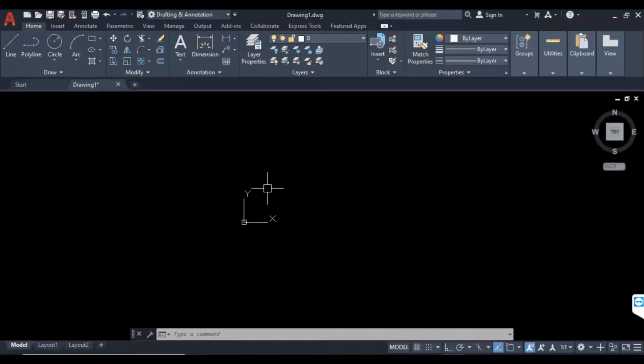UCS means universal coordinate system. Here they define it as a universal coordinate system.